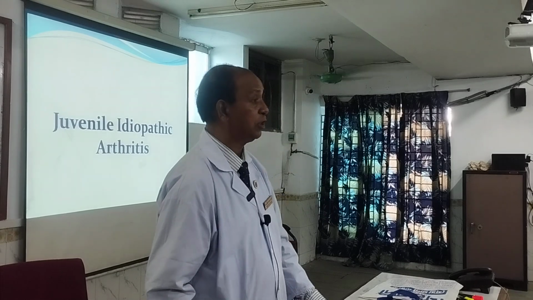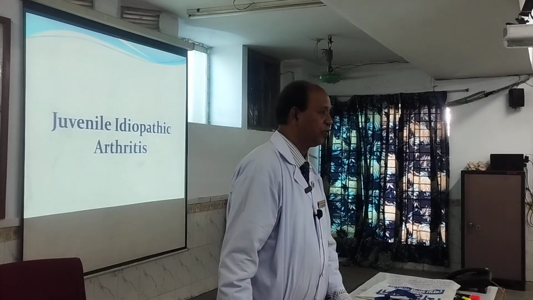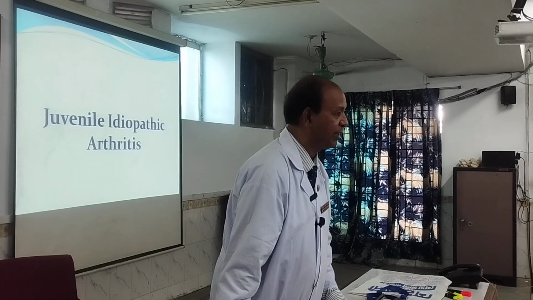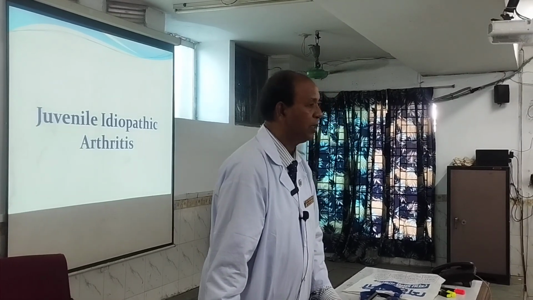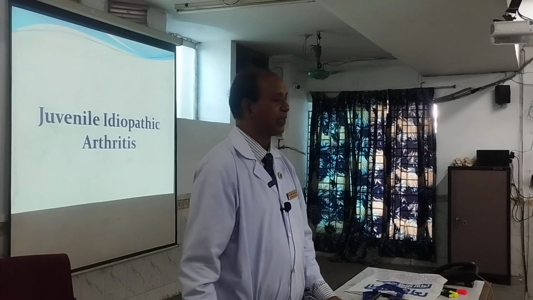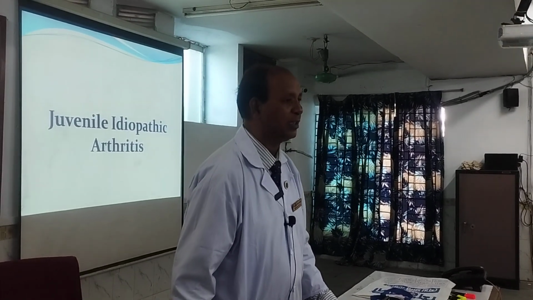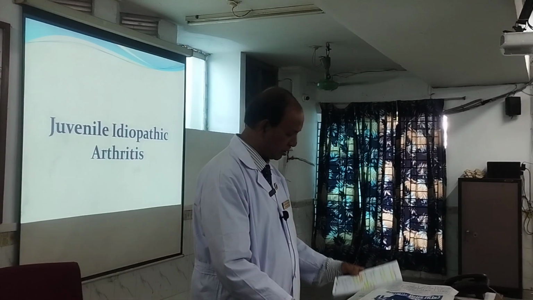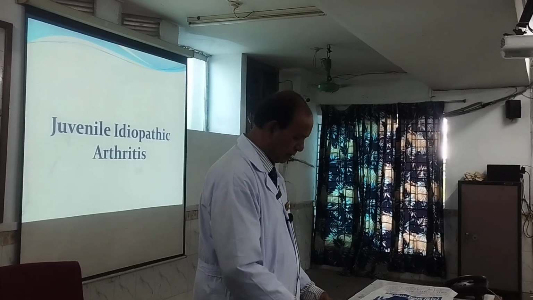Another classification by the European League Against Rheumatism called it juvenile chronic arthritis, but it is not accepted by the World Health Organization. But juvenile idiopathic arthritis is accepted by the World Health Organization. Remember this one. First of all, you should know